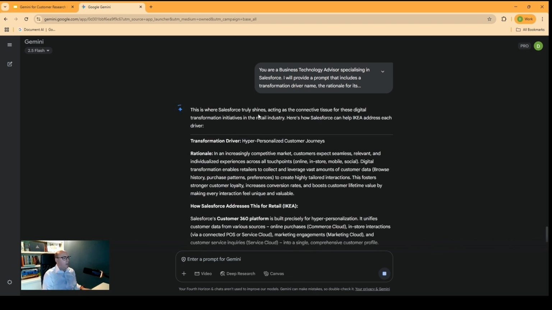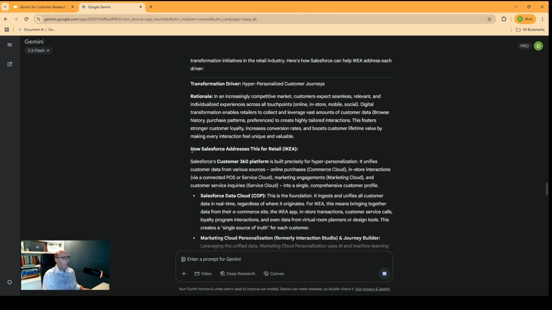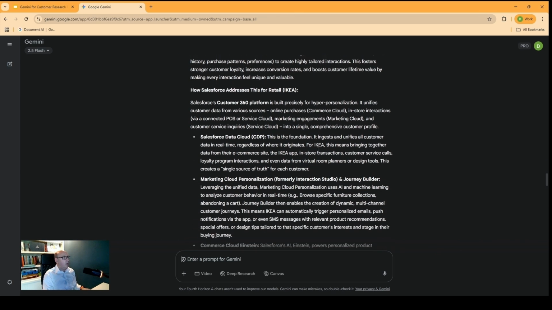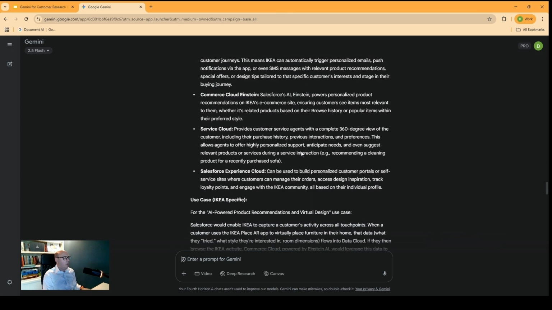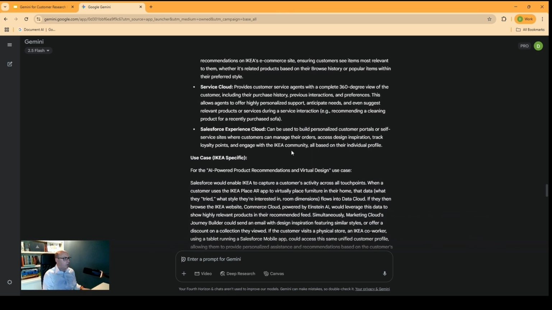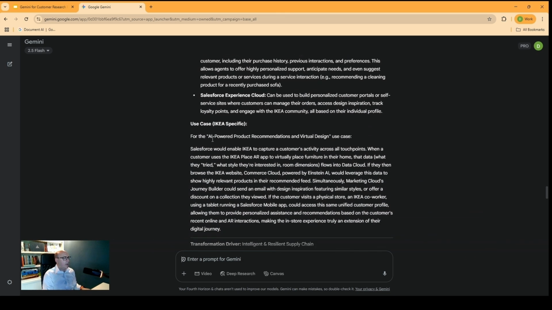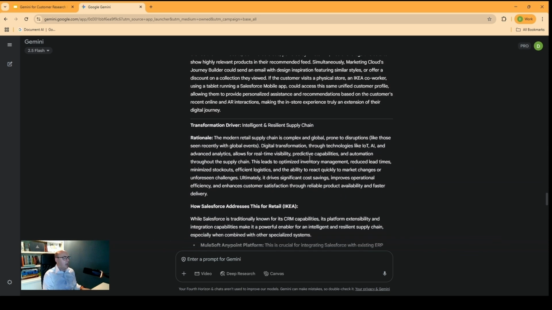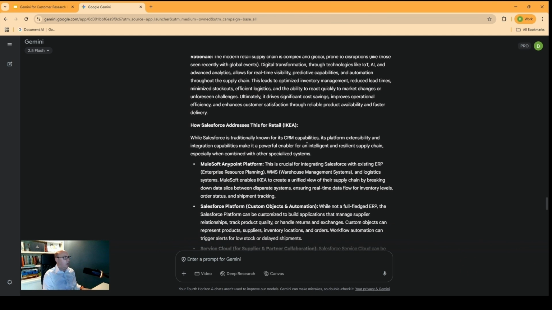And so remember, one of the use cases was hyper-personalized customer journeys. And so we see the rationale, why we're doing that, and in this case, how Salesforce addresses this for IKEA as a retail customer. And so then we start to get a view of the different Salesforce products in this case. And then the next use case, AI-powered product recommendations and virtual design. And so you can then start to see how we build out the relevance of the